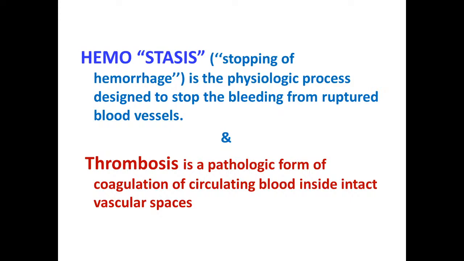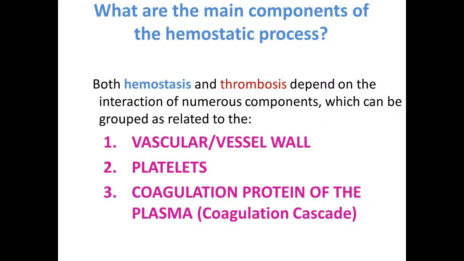Hemostasis, stopping of hemorrhage, is the physiologic process designed to stop the bleeding from ruptured blood vessels. Thrombosis is a pathologic form of coagulation of circulating blood inside intact vascular spaces. The main components of the hemostatic processes, both hemostasis and thrombosis, depend on the interaction of numerous components which can